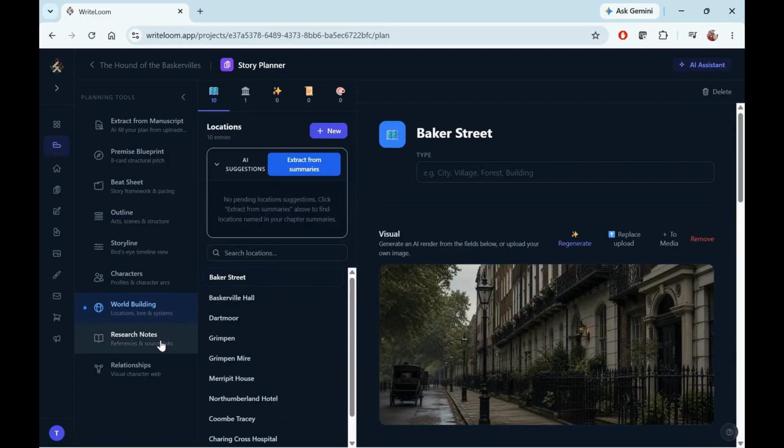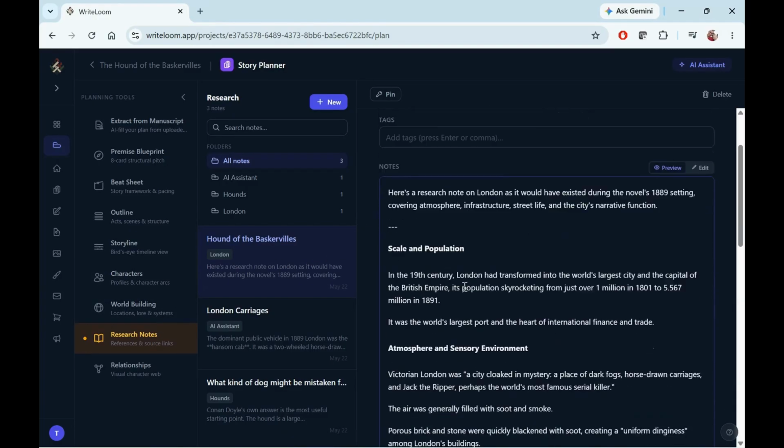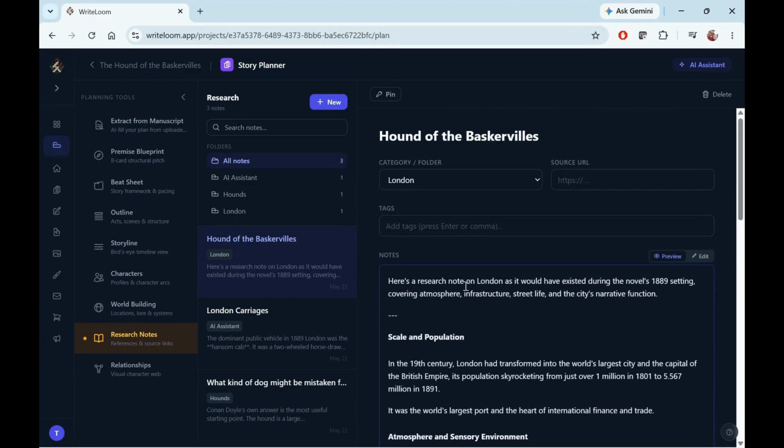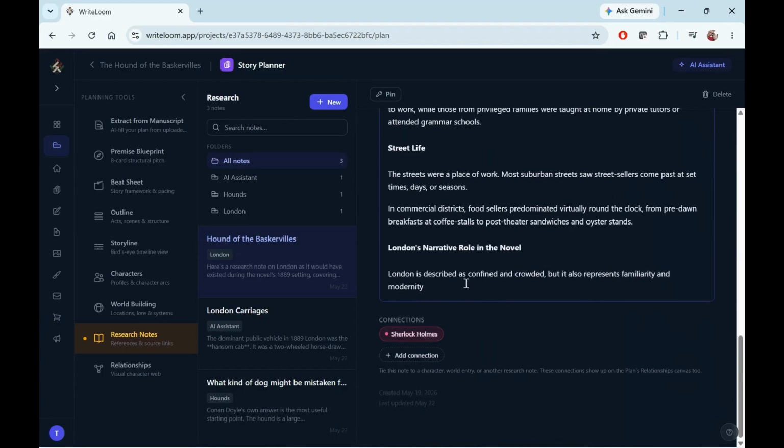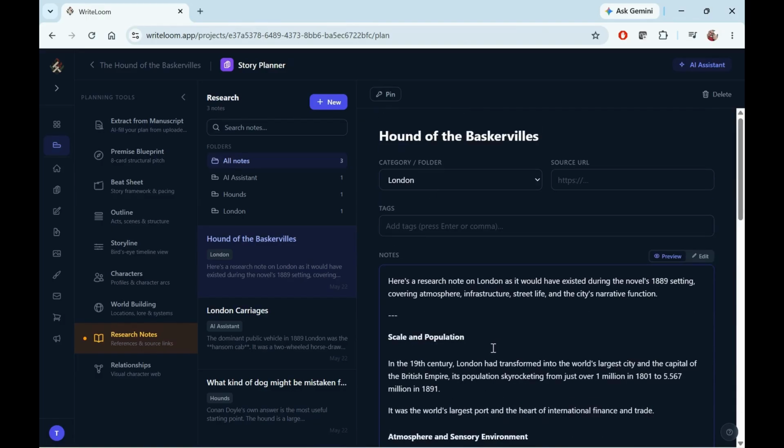For example, you can build character profiles, define important world-building elements, track research notes, and connect those details back to your premise, beats, outline, chapters, or scenes. Within each planning tool, you can fill in relevant fields based on what you need for your project. WriteLoom is designed to be flexible, so you can plan at a high level or go into much deeper detail